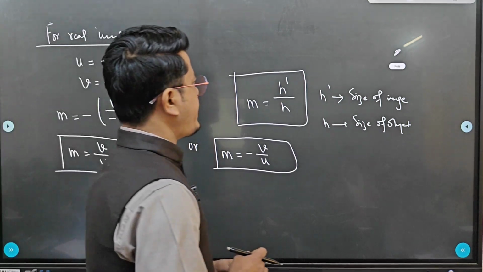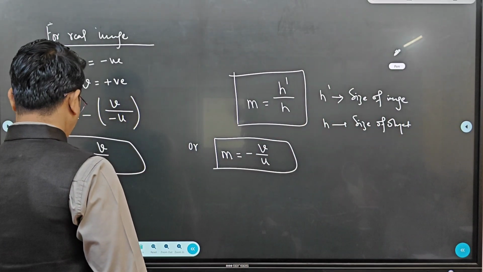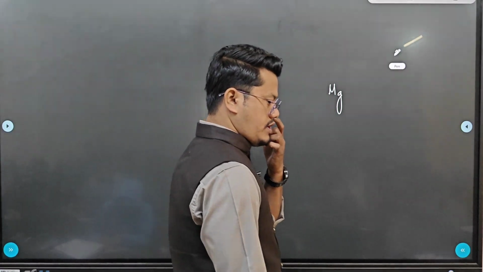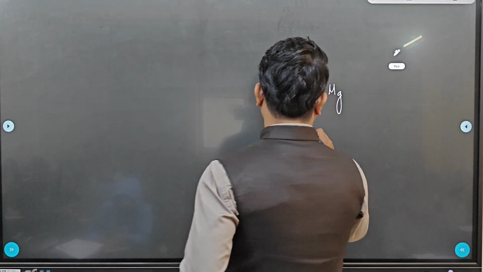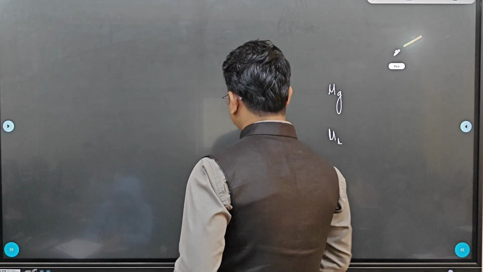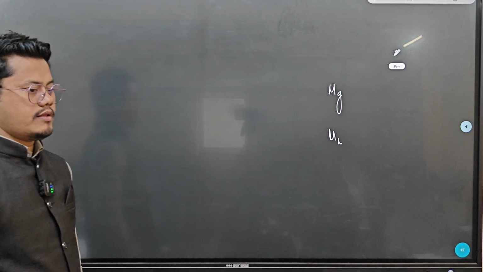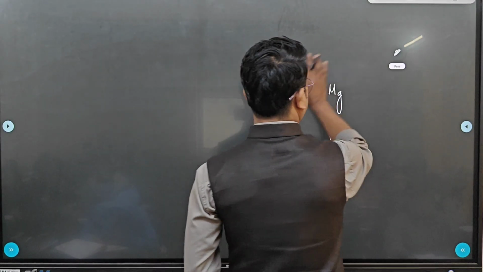If a lens of refractive index mu g is immersed inside a liquid of refractive index mu L, then the focal length in this case will be,